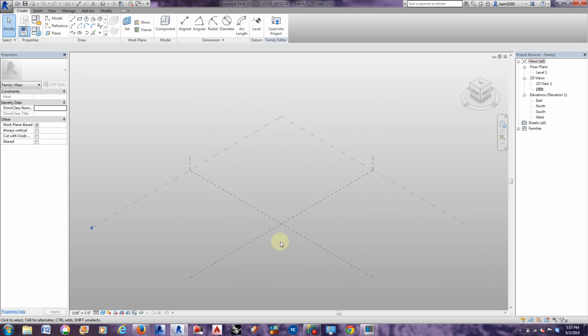Okay, so it's pretty important, and best practice, when you're doing parametrics, to dimension to your reference planes and reference lines and allow those to flex, instead of grabbing your model line. And that was kind of an issue that came up in homework, with the model or the wall tool when we did the 2D parametric